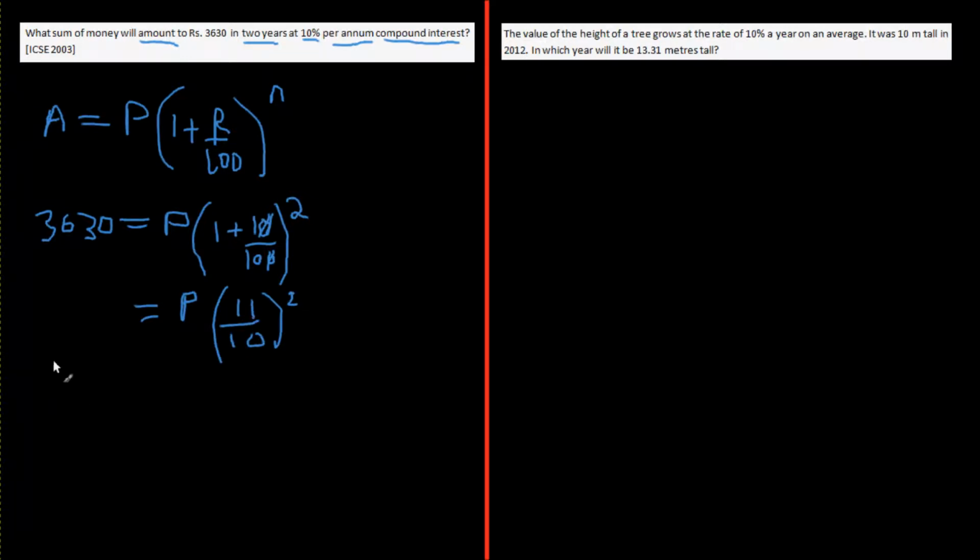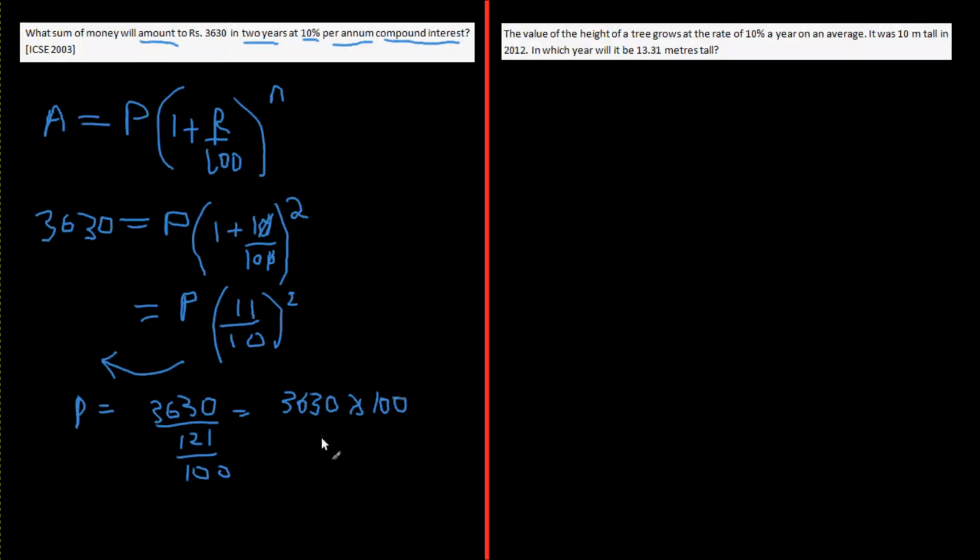So P will equal 3630 upon this one, 121, and this is upon 10 to the power 2, which is 100. So you can take the 100 up, so it becomes 3630 into 100 upon